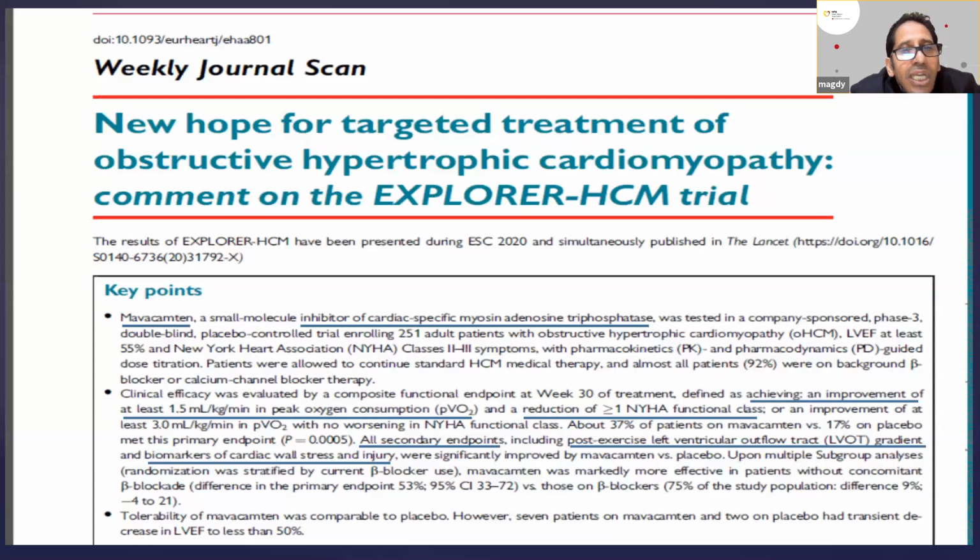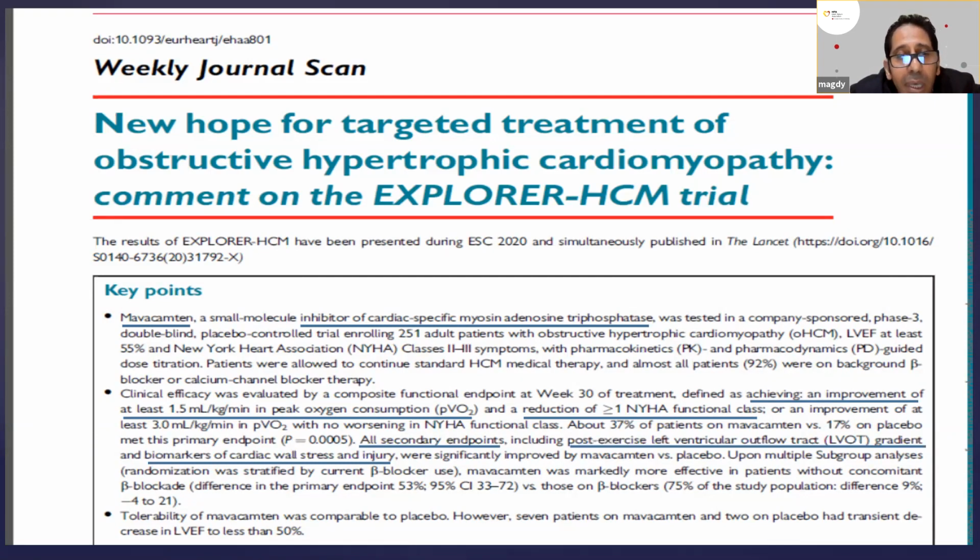And recently, a new drug has been investigated in a study known as the EXPLORER-HCM trial. The drug mavacamten, an inhibitor of cardiac-specific myosin adenosine triphosphatase, was studied in around 250 patients who have NYHA functional class 2 to 3 symptoms, and patients who have hypertrophic obstructive cardiomyopathy. The results of this drug